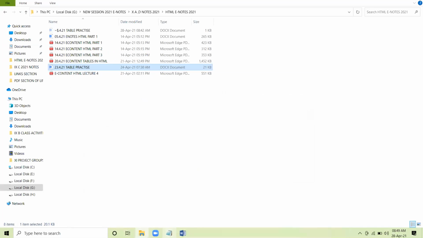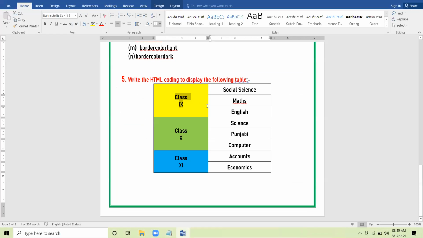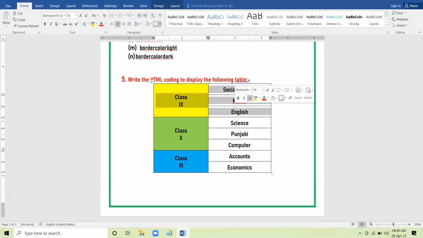So up till now, we have created this much structure of the table. The structure which I have shaded, this much structure I have created up till now. Okay. Am I clear? Any doubt? Any queries? All right.